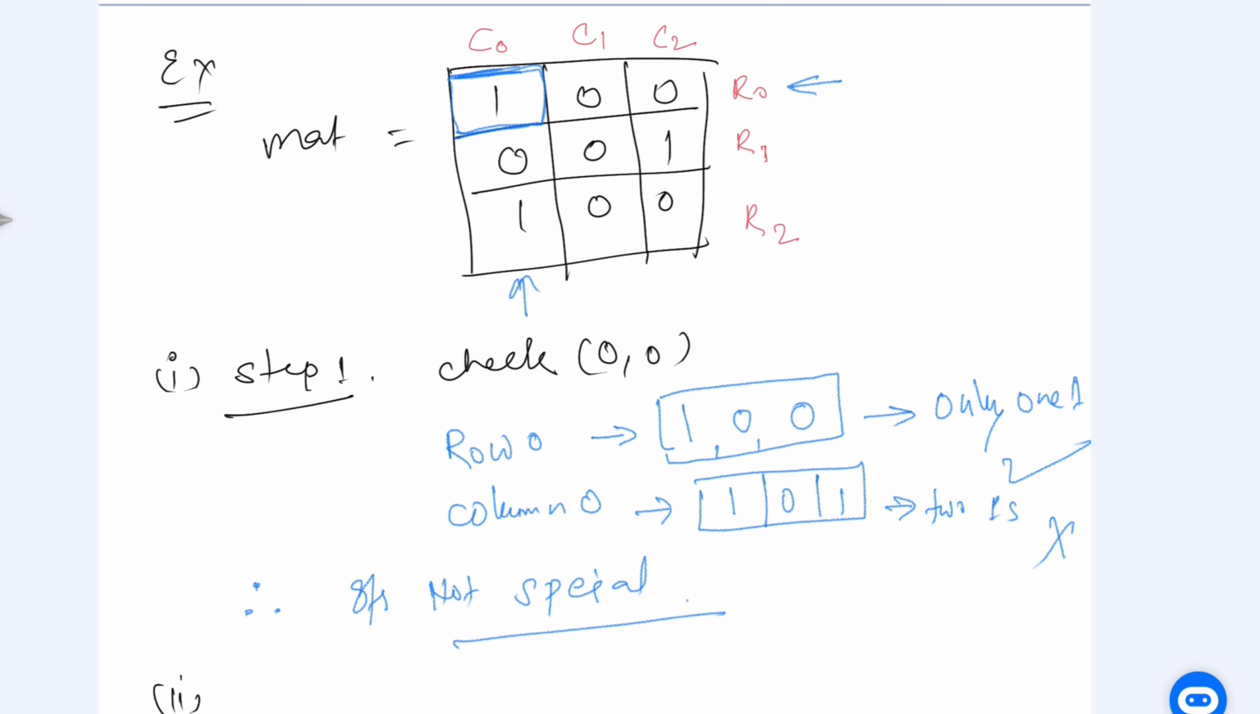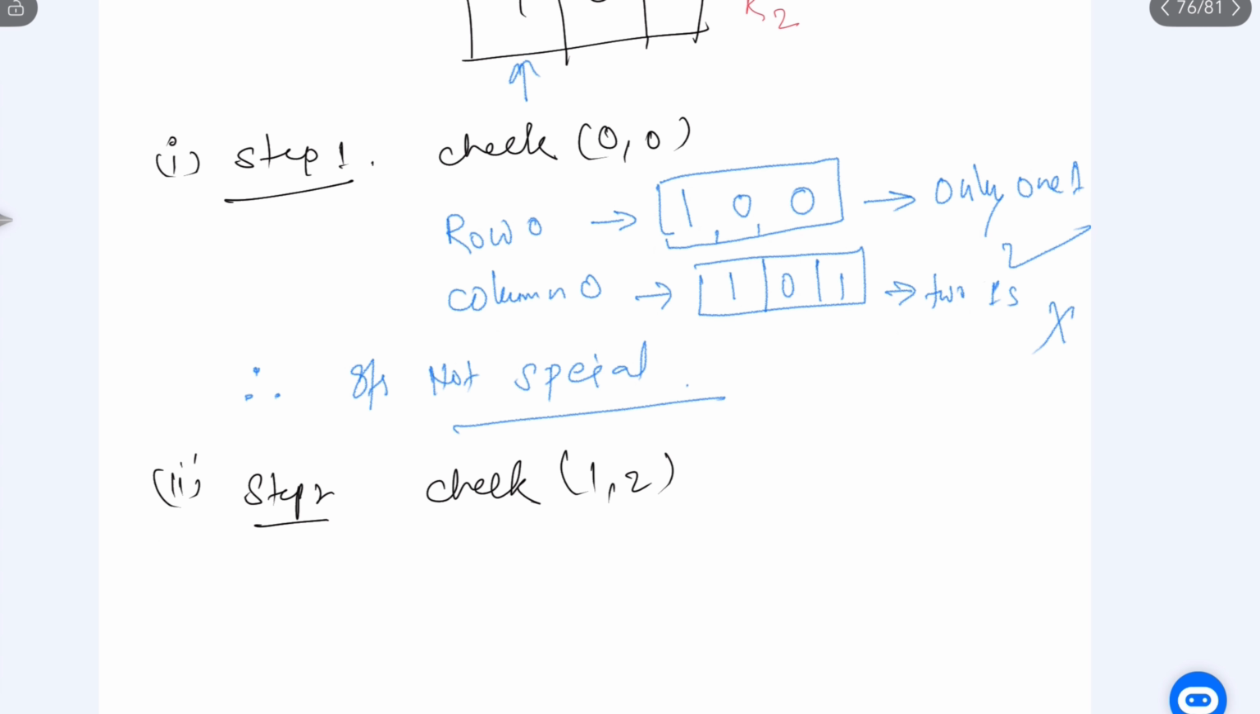So we'll move to the next one. We'll check 1, 2 here now. So step 2, we'll say step 2, check 1 and 2, right? Coordinate 1 and 2. So if we talk about 1 and 2, it means we need to check